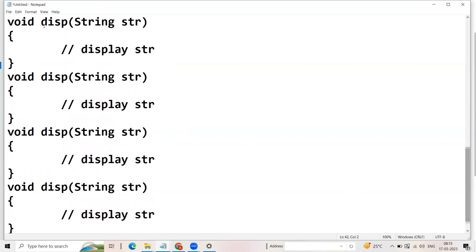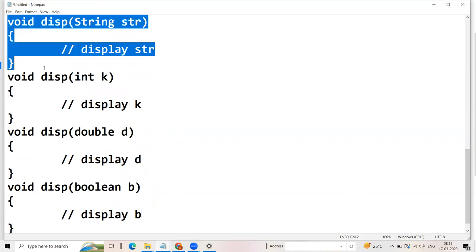And obviously, the parameter or argument will be different. So here double d, here boolean b, and here string. So you can see we can define 4 functions with the same name, obviously with the